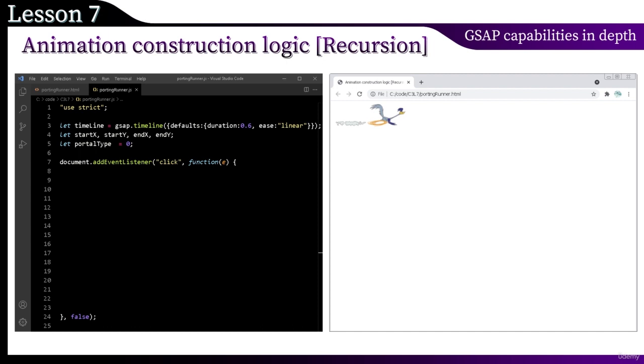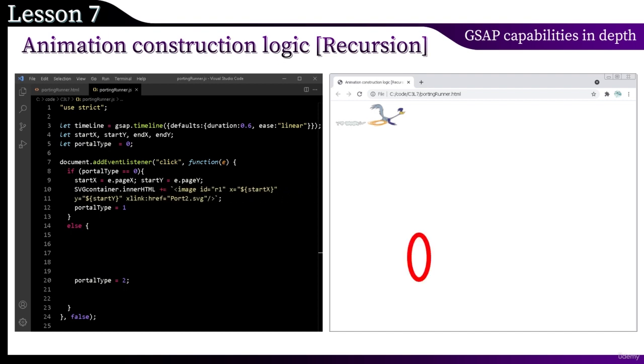The body of the function considers two cases. When there are no teleporters yet, portal type is equal to 0, and other cases. At the end of the first case, we make a note one teleport is already installed. Accordingly, in the else block, we make a note that there are already two teleporters. First, we remember the location of the cursor. After that, we'll use the inner HTML method to add the red teleport image to the SVG container, which is